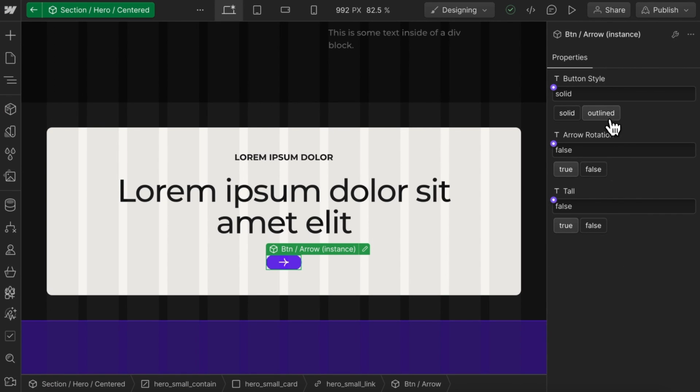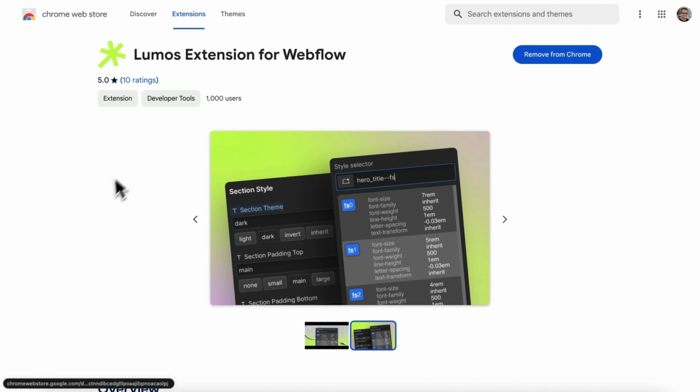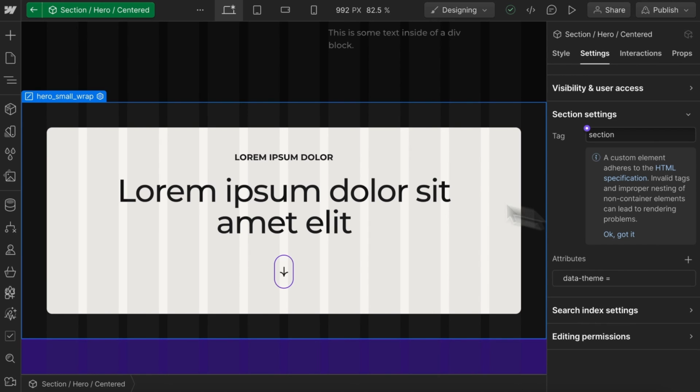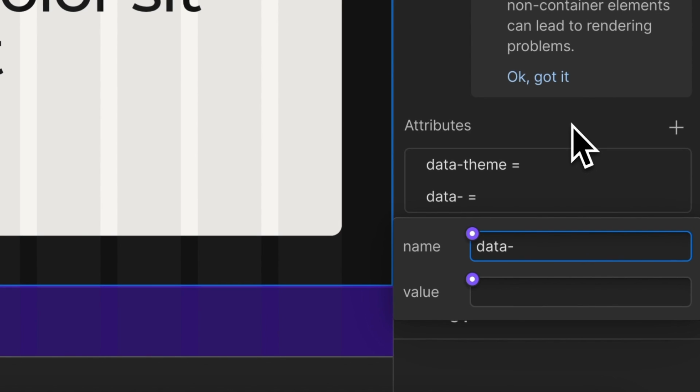We can also adjust styling and functionality of any element from data attribute values. The Lumos Chrome extension can automatically create these buttons for us to make attributes easier to use. We can apply custom attributes to any element we'd like, and we can name the attributes whatever we'd like. It's best to start with data dash to distinguish them from regular HTML attributes, but I could call this data